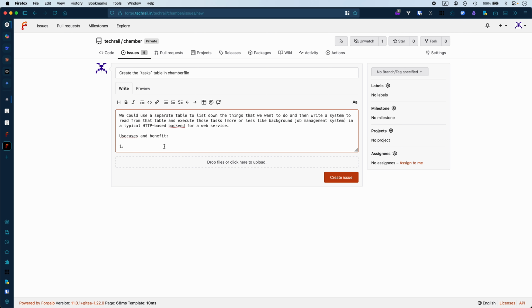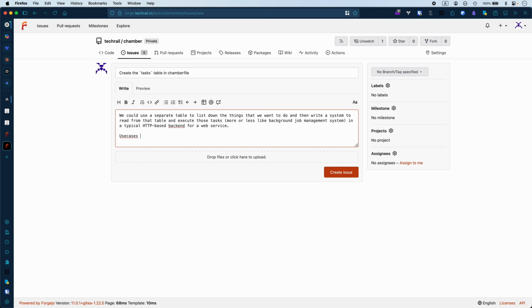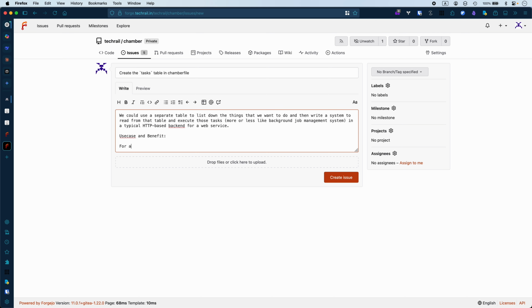Okay, so first thing is, I think that is the biggest use case. Benefit of any operation. Let's make it heading 2. Why did it start with heading 3? I don't know. For any operation long,